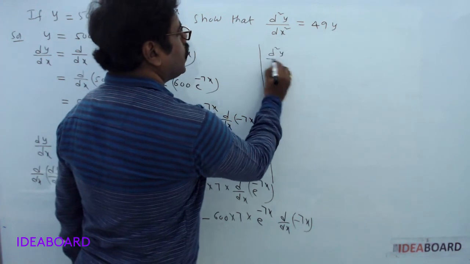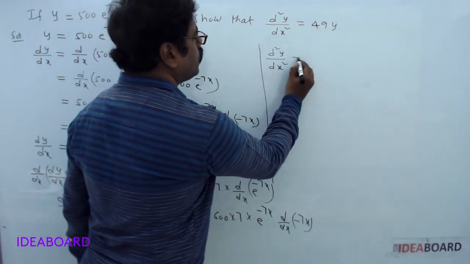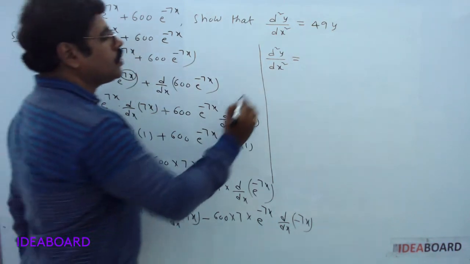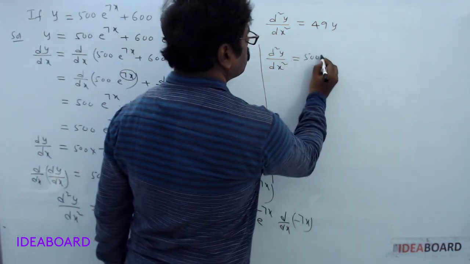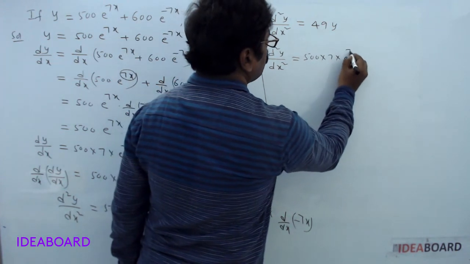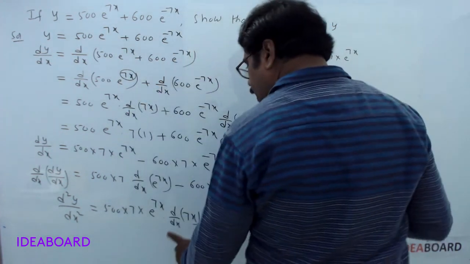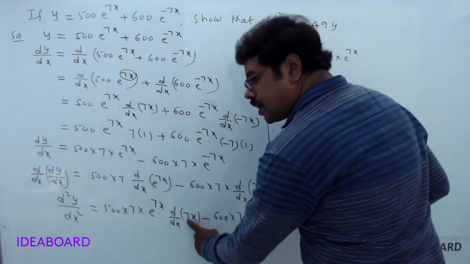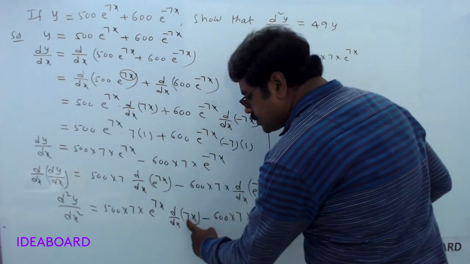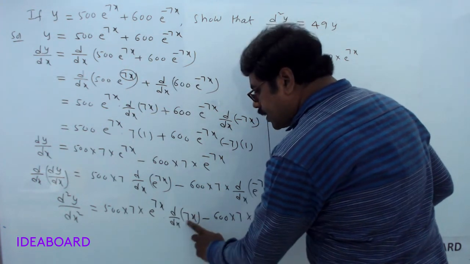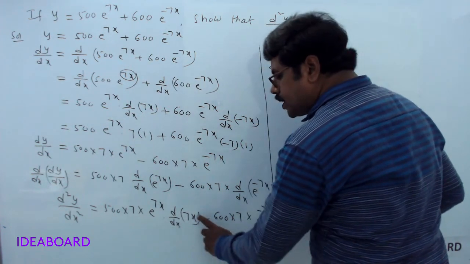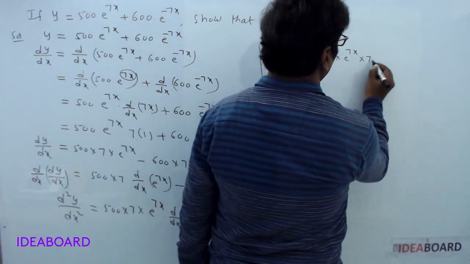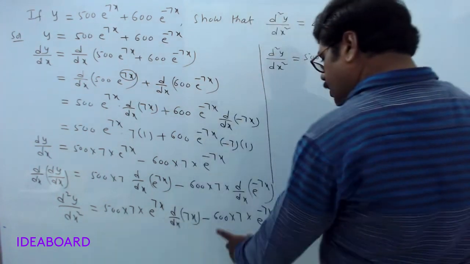d²y/dx² = 500 into 7 into e^(7x) into d/dx of 7x. Now here 7 is the constant term, so it can be expressed as 7 into the derivative of x. What is the derivative of x? 1. So it should be 7 into 1, minus